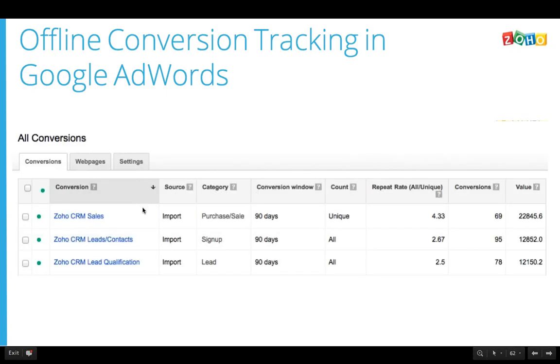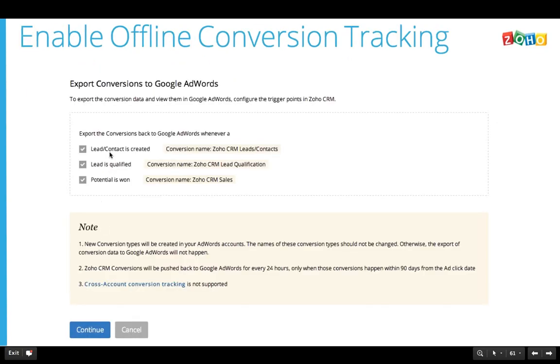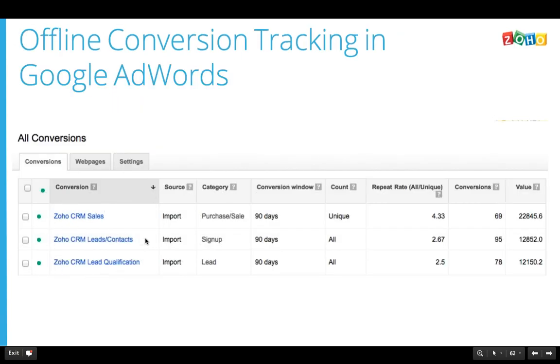And this is where you see these 3 fields being shown in the AdWords system. This is a screen in which you are configuring the fields to be mapped to the AdWords system for offline conversion tracking within the CRM system. And these are the fields that you see back in the AdWords system.